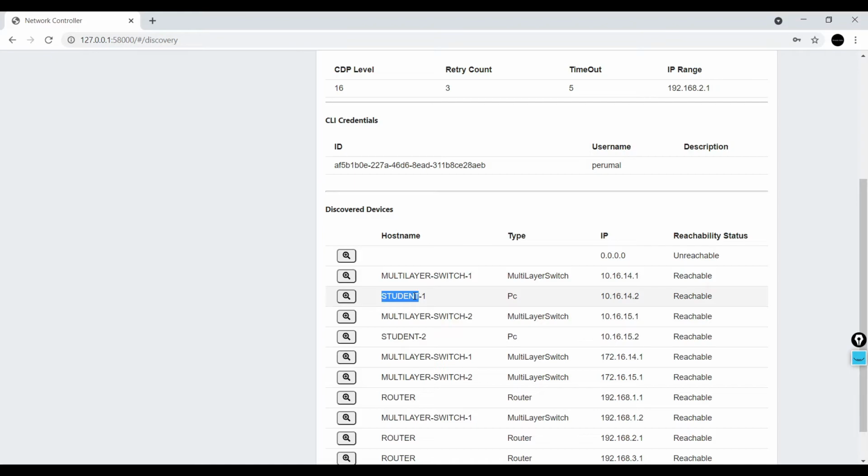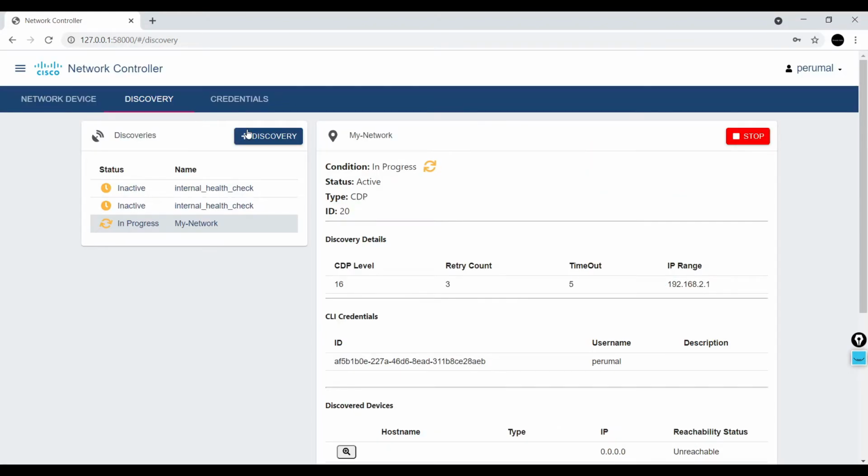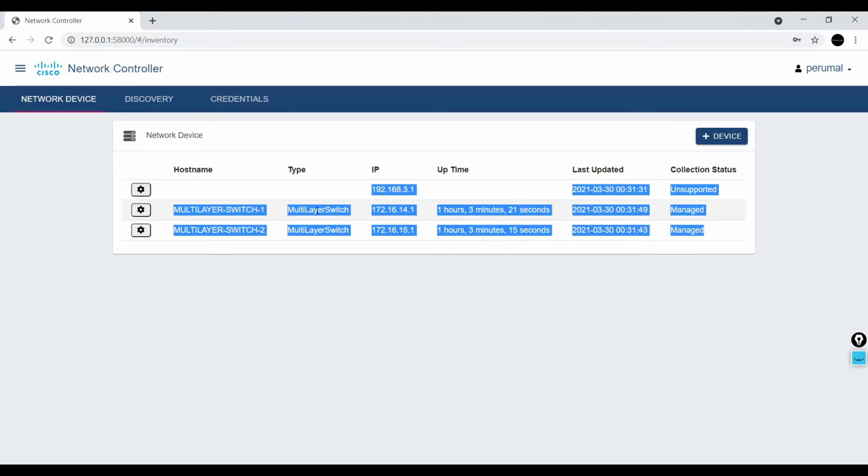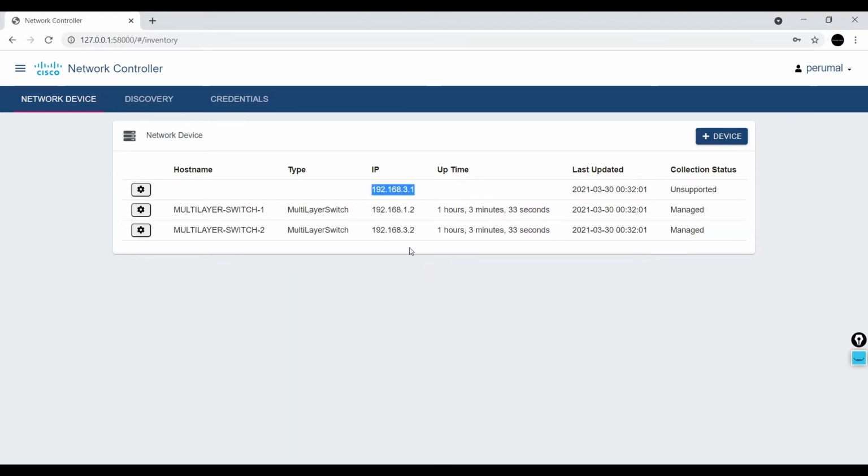Yes, now both the endpoints are detected. It discovered the network devices available in this network. If I look at the network devices, I can see all three devices, both the multi-layer switches and a router.